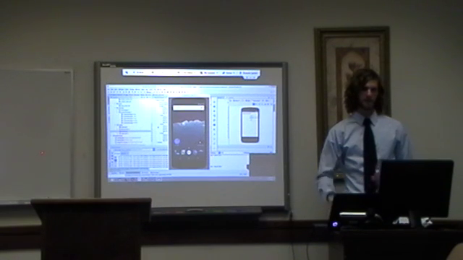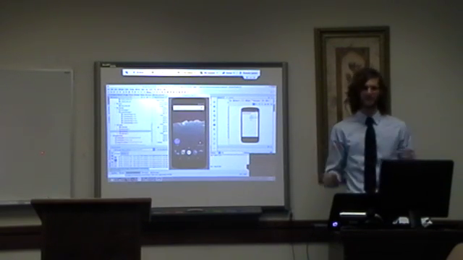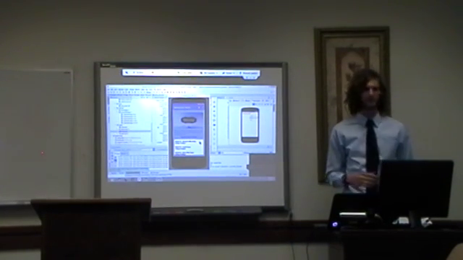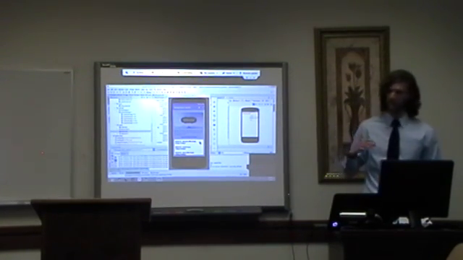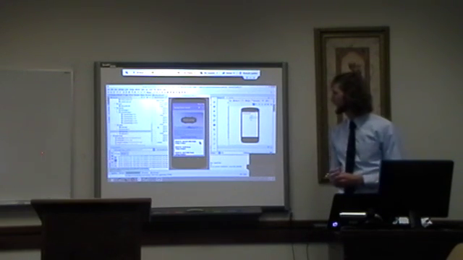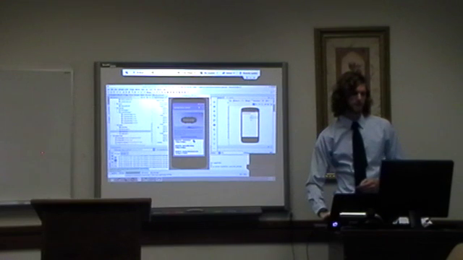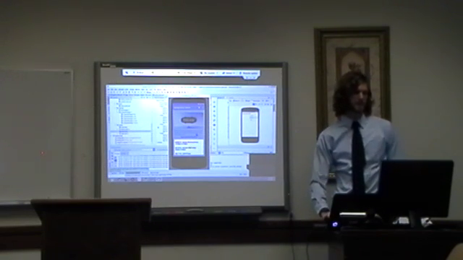I'm sorry, emulators are also very glitchy, so they don't work as well as the actual product. So sometimes we'll have little quirks like that. But yeah, that's kind of what I had going for the front page of this app. Just a little scroll view down here showing what events there are going to be.